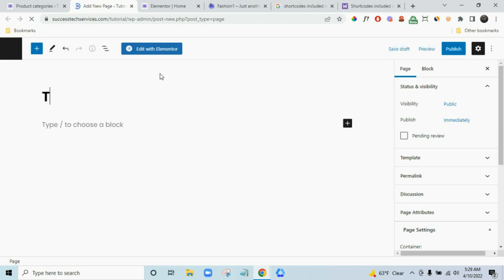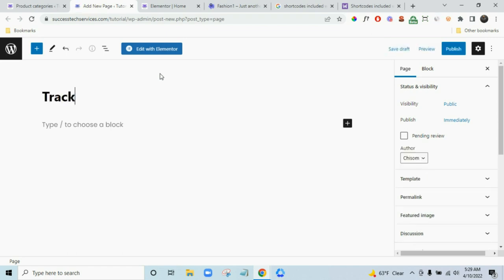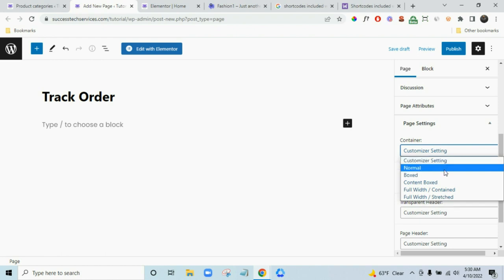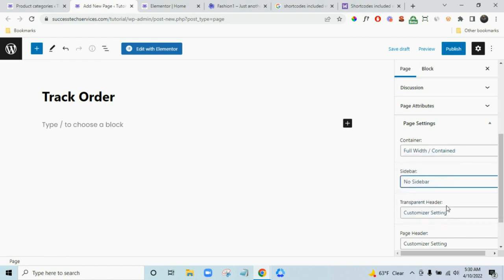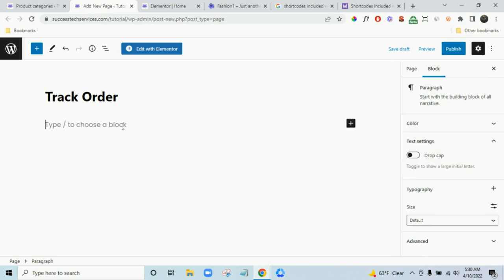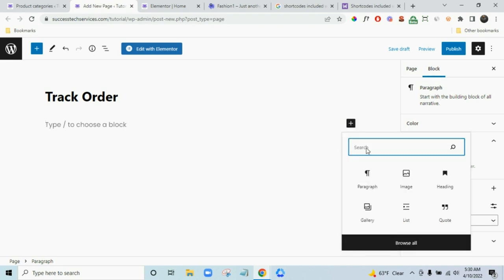If I type in here where it says track order, you want to click right here where it says choose a block. I can also change the customizer setting to full width contained, no sidebar. I can leave all that enabled. And right here where it says type slash to choose a block, just click on this plus icon and type in short